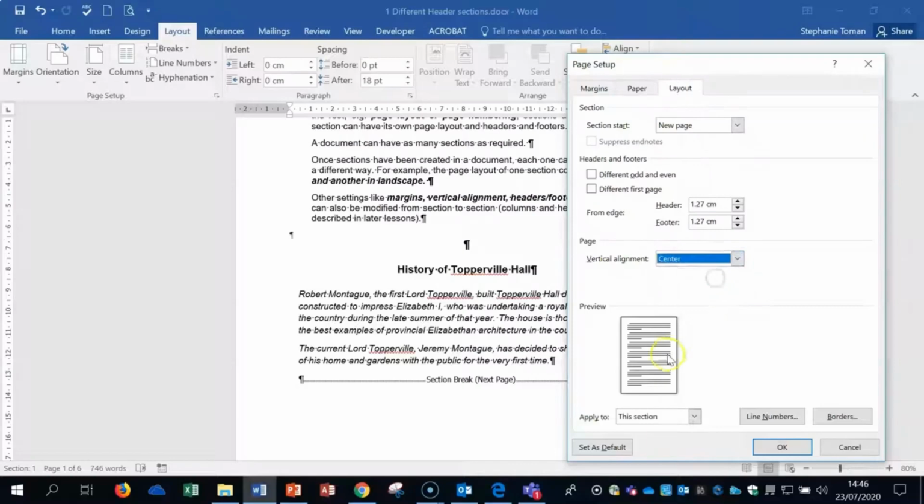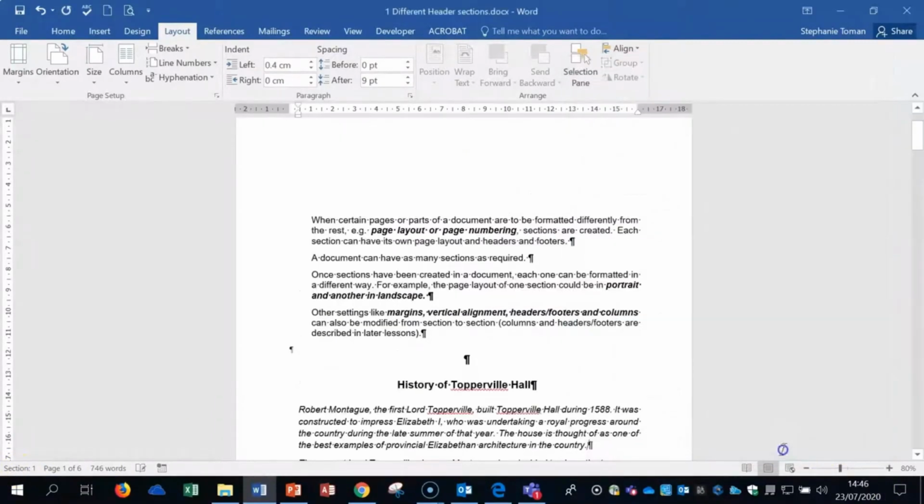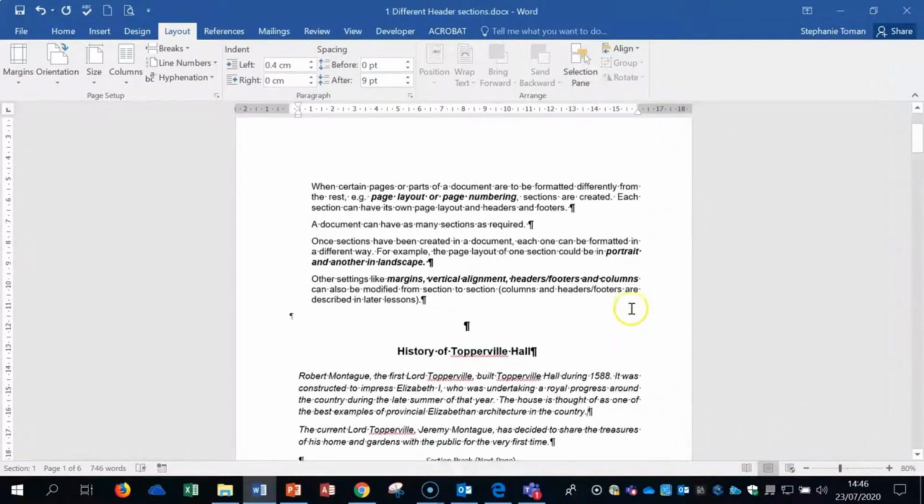Drop that down to center. That means we're going to move it from the top towards the center of the document. It's applying to this section only because remember, I made sure that my cursor was in that section here and it showed in section 1 there. So if I OK that, it then drops down and is now